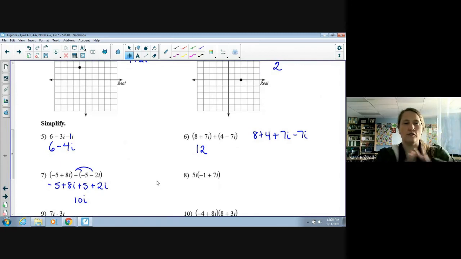And like I said, we'll go over what i stands for and what it means next time. But if you wanted a head start, as long as you can stop at like the simplifying where you're adding and subtracting. When you start to multiply, though, I do want you to wait on those because I'll have to show you how to do it on the